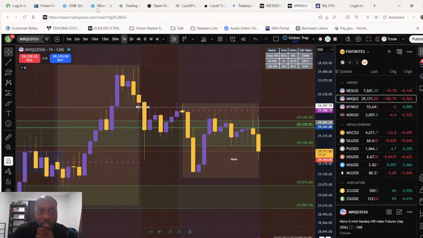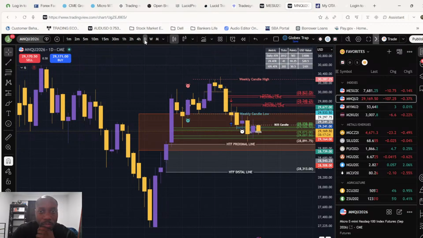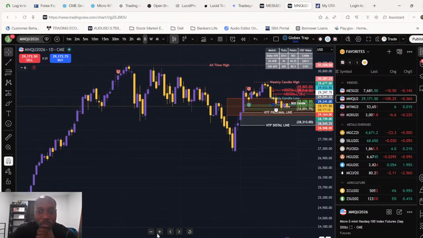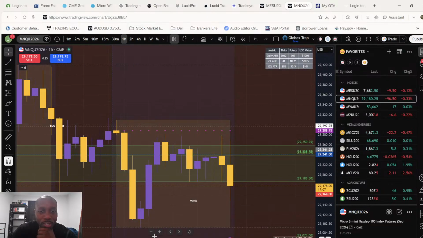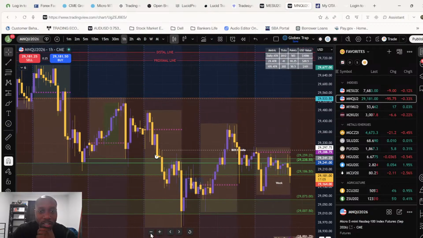What would we like to see? Again, it's hard to go against the bears right now just because that's how it's been going, even though it's looking like we're seeing a slowdown. The progression isn't there. We haven't created any new lows yet. Yeah, we're just kind of stuck in this little zone.